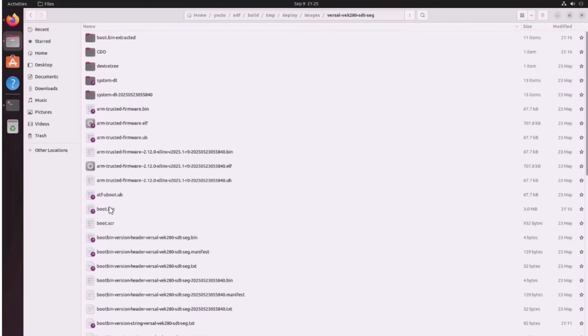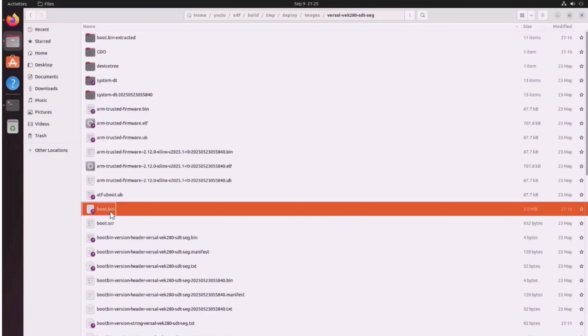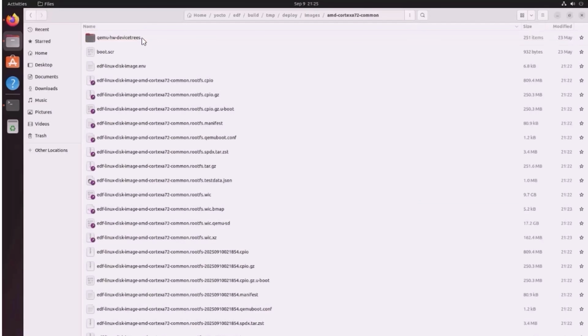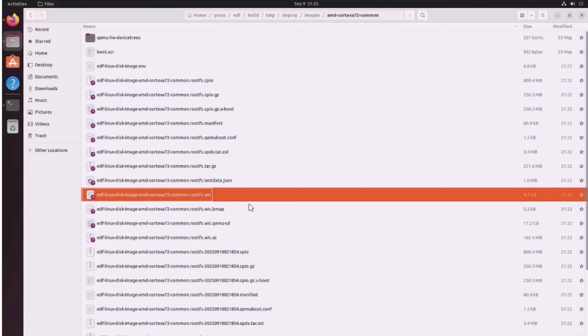The GUI is used to verify the boot.bin was generated properly by looking in the versal-vek280-sdt-seg directory. Here you can find the boot.bin file. It should be approximately 3 to 4 megabytes if you are following this exact build. Next, to ensure that the EDF Linux common disk image .wic file was properly created, look in the amd-cortexa72-common directory.